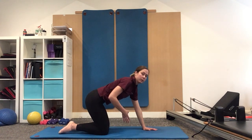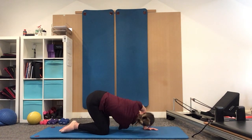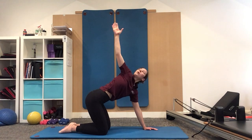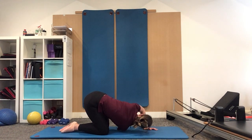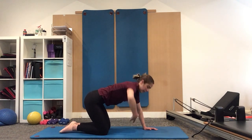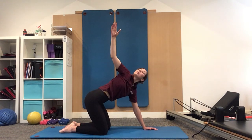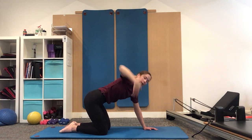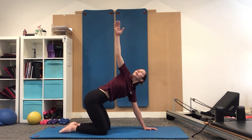I'm going to reach behind you now. So reach under and up to the roof. 1, under and out. 2, under and out. 3, under and out. 4,